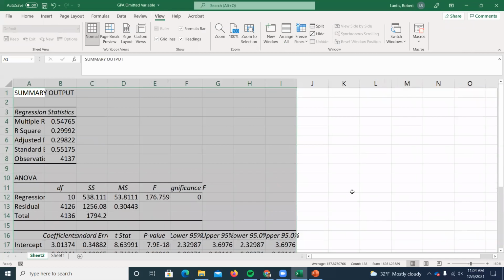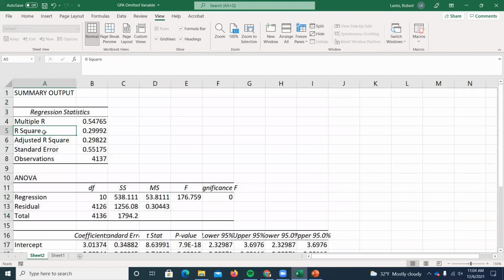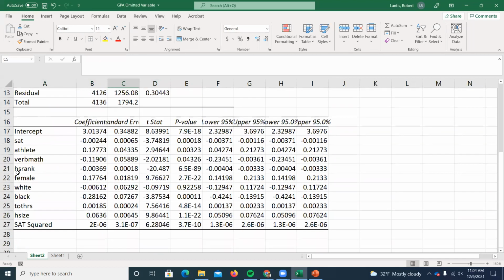Using this output, we can pick up a few things. This R squared is going to tell us the percent of the variation in this original Y variable that we're explaining with all those variables we include on the right-hand side. So we're doing a decent job. We would like this to be really close to 1, but at this point, we're explaining about 30% of the variation in GPA. We then have all these variables we could start to interpret the coefficients on. So for instance, on SAT, we said for every 1 point increase in the SAT score, the predicted GPA